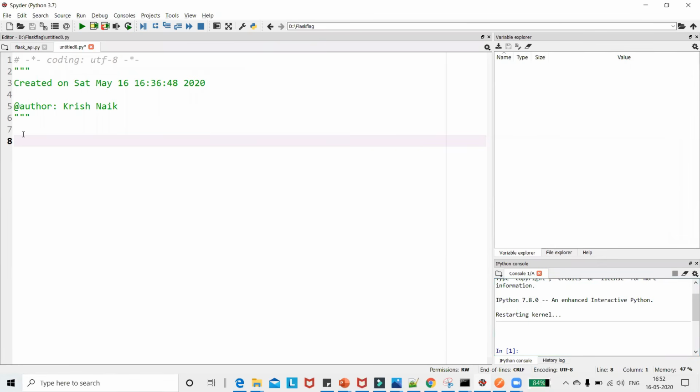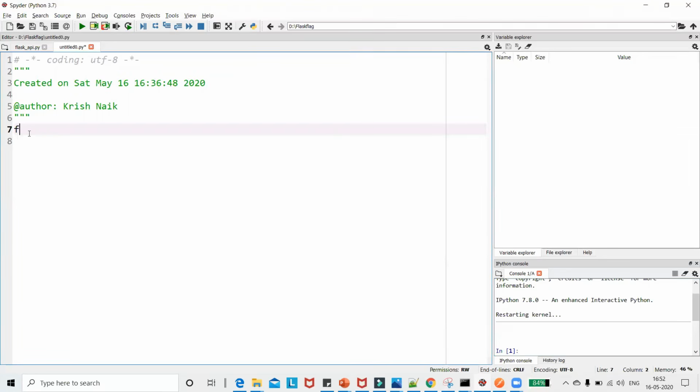Now, I will show you how you can create a Flask app from scratch. And trust me, this will be wonderful because I've never taken an in-depth session on Flask itself. So many people had requested me, Krish, can you take an in-depth session on Flask also? So this playlist will also help you to do that.